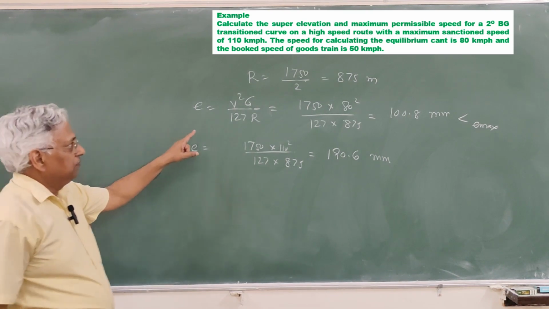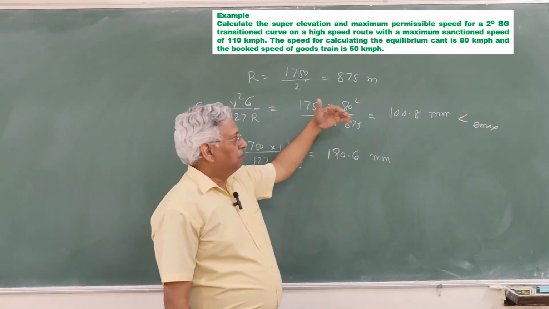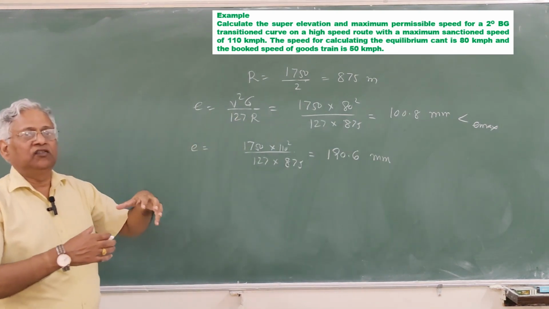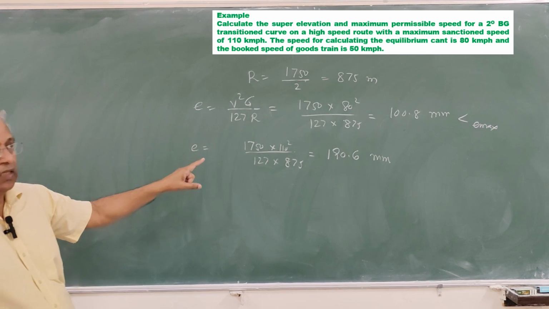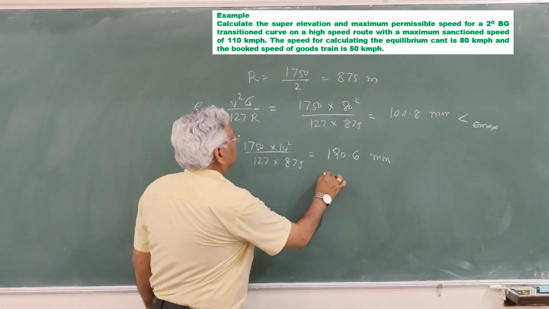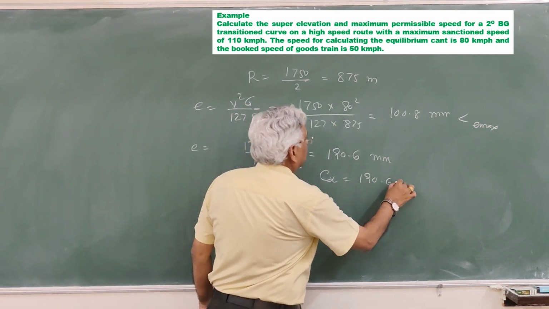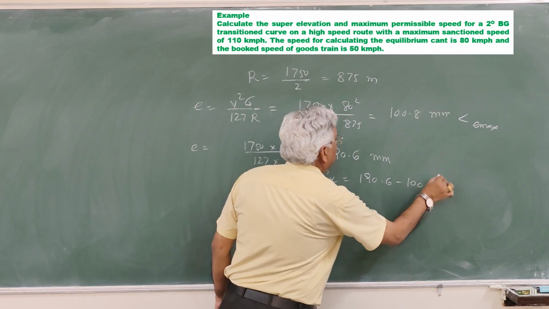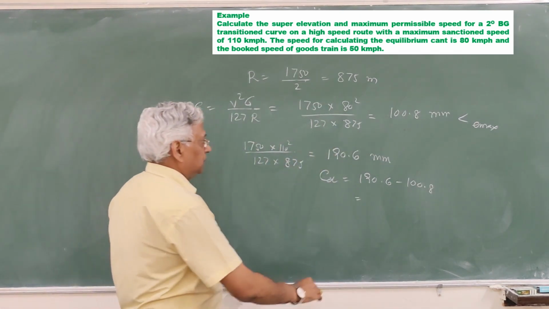Now actual Cant which is to be provided is 100.8 millimeter, but if you want to run the train at the maximum sanctioned speed of 110 km per hour, that will require a Cant of 190.6 millimeter, and therefore the Cant deficiency here is 190.6 minus 100.8, that is 89.2